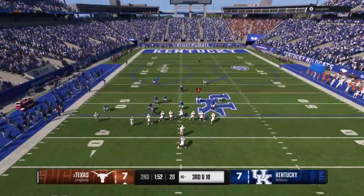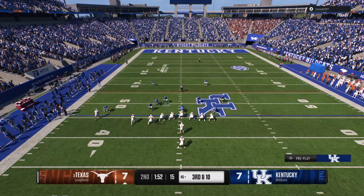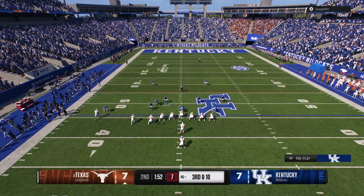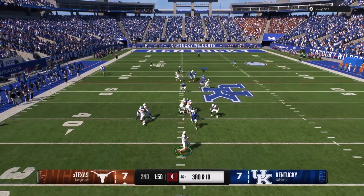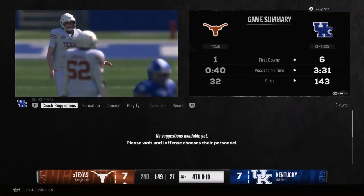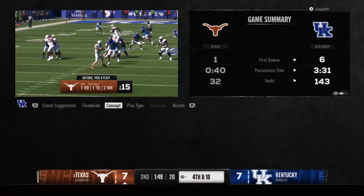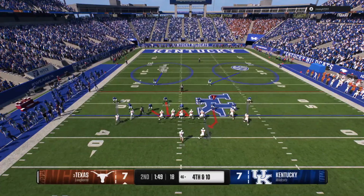Started out great on this drive, but then a couple of incompletions, and now it's 3rd and 10. From the gun, wants to pass. Pressure coming. And he was hit just as he was releasing the pass, and it falls to the ground incomplete. QBs and receivers on 3rd down, everything has to happen just a split second sooner. You're expecting pressure, the quarterback gets hit, just not on the same page with his target. 3 straight incompletions,